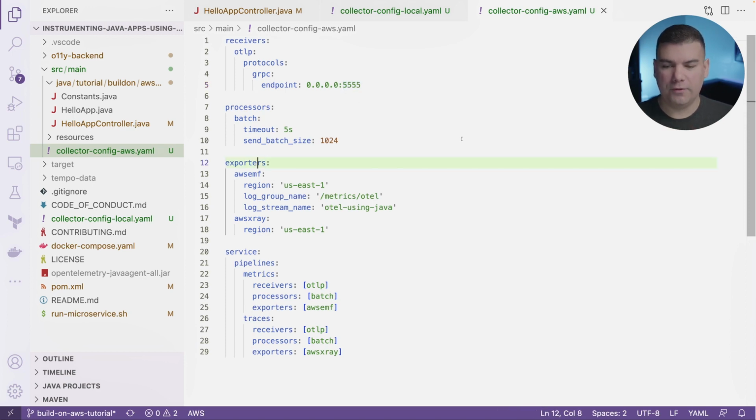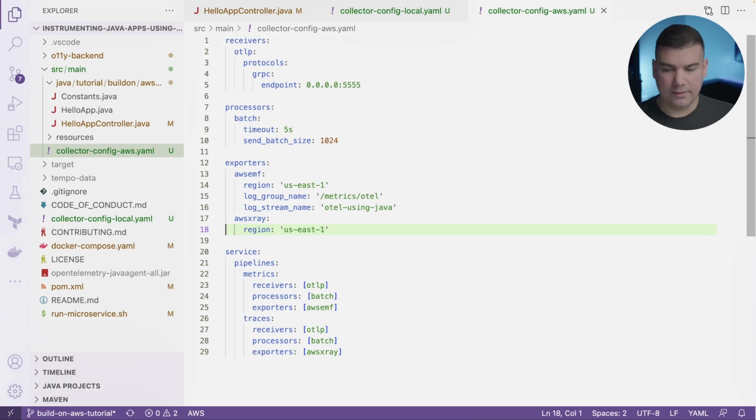And then we're going to define different exporters. One of them is going to be called AWS EMF. This is the exporter that we're going to use to transmit all the metrics to Amazon CloudWatch. As you can see here, you are required to specify the region where you are going to send the telemetry data, and the actual log group name and stream name where all the raw data for those metrics are going to be stored in that region. Also, we've defined another exporter called AWS X-Ray, and we're saying here that we're also going to use the region North Virginia to send all the traces generated.